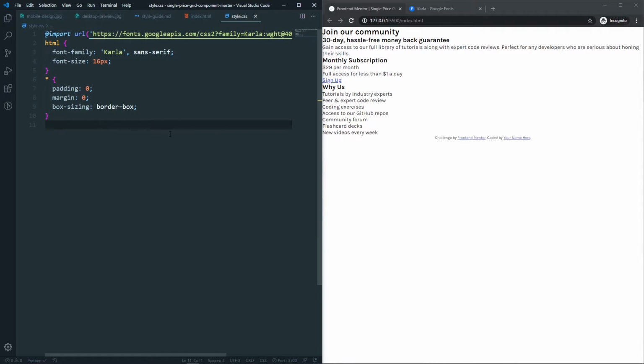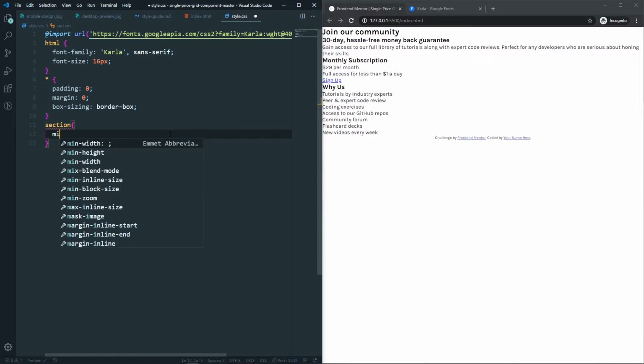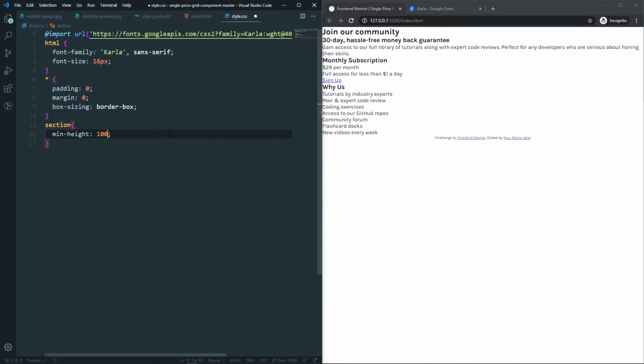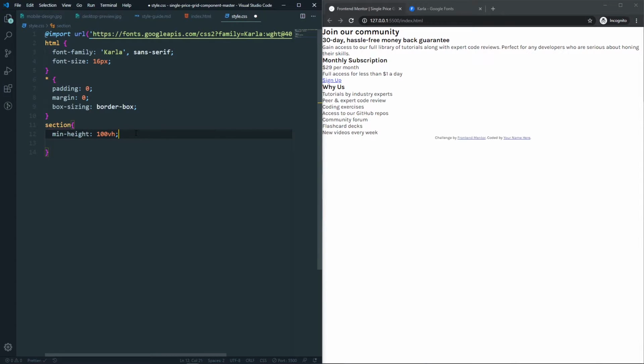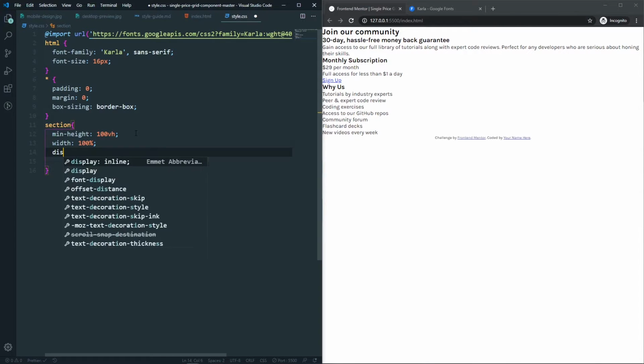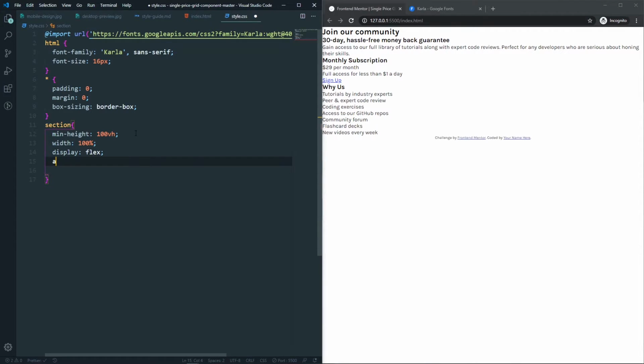So after that, let's come to our section and just say that the min height will be 100vh, and also let's say that width will be 100%, and display will be flex, and align items will be center, and justify content will be center,